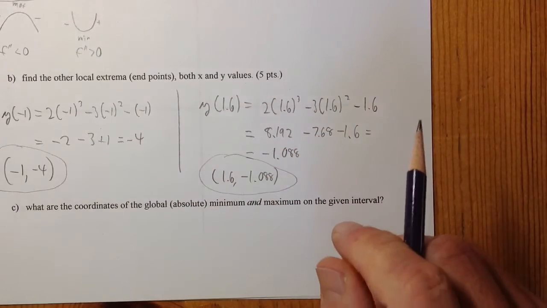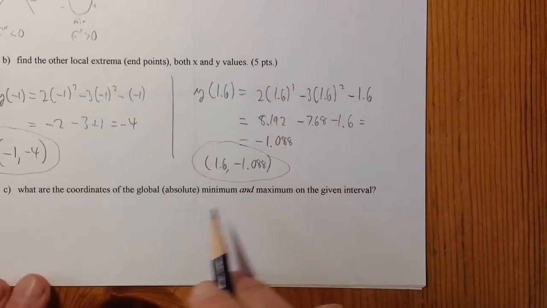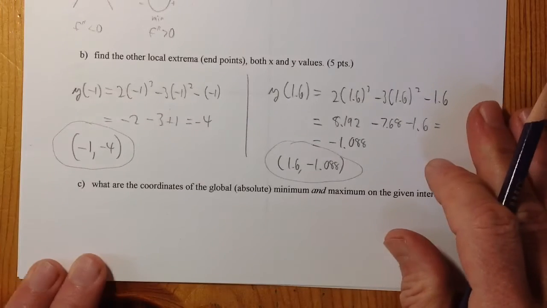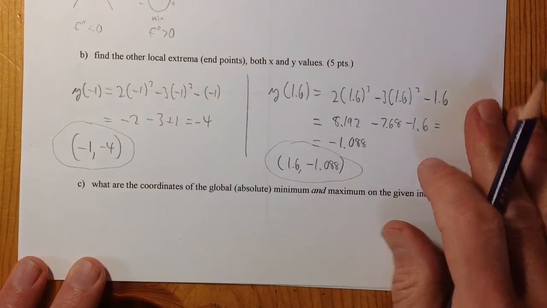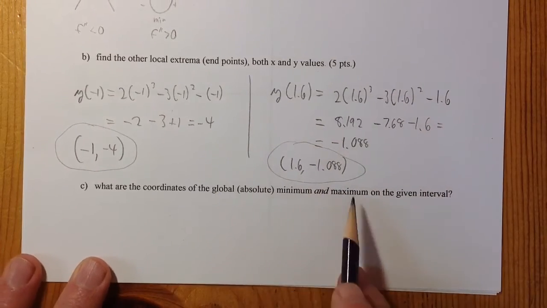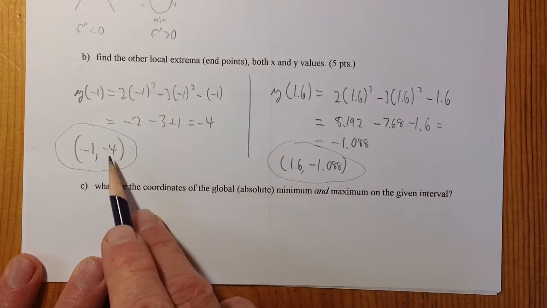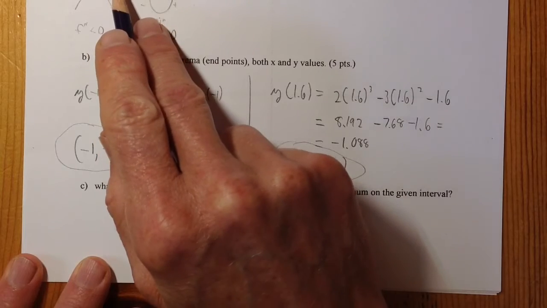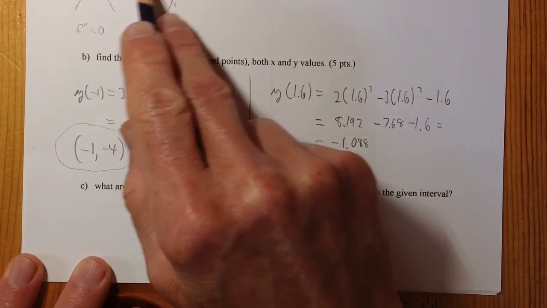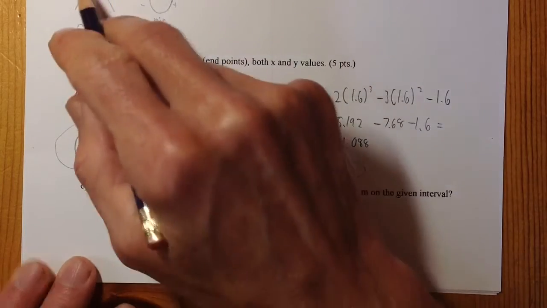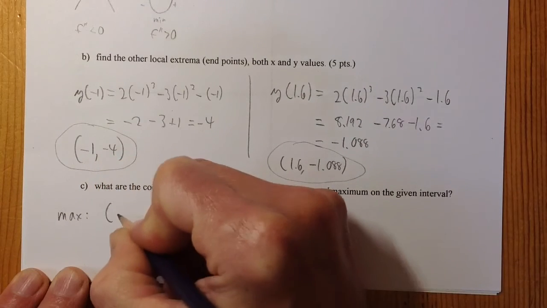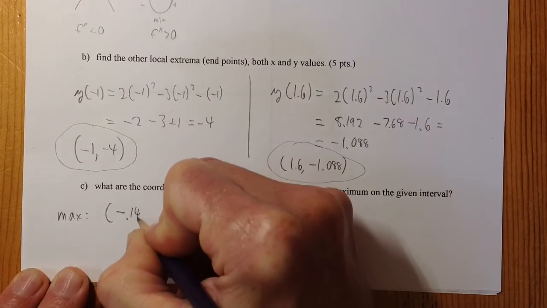Alright, now, what is a global? Out of all these, we have 4 points. In the interval, we care about what is the biggest value. Y value, right? That's what's the biggest Y value here. So let's see, here we have positive. There's only one positive one, right? Which is this one, 0.076. They're all negative. Okay, so the biggest one, so the global max would be negative 0.145,